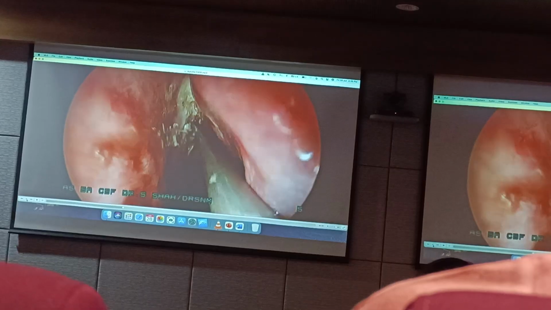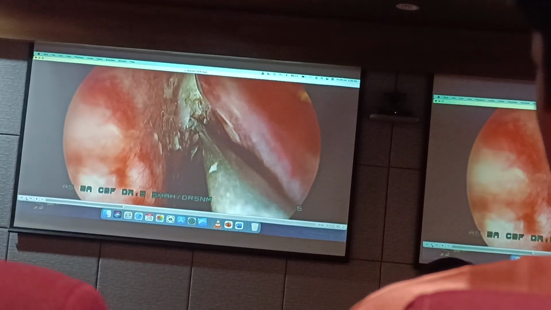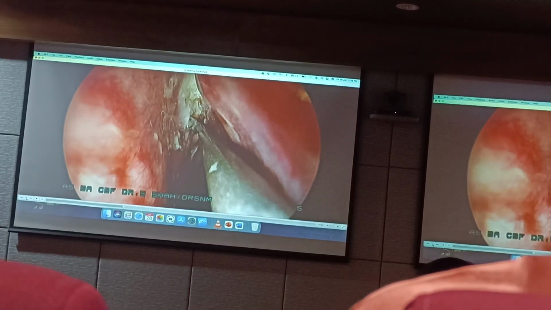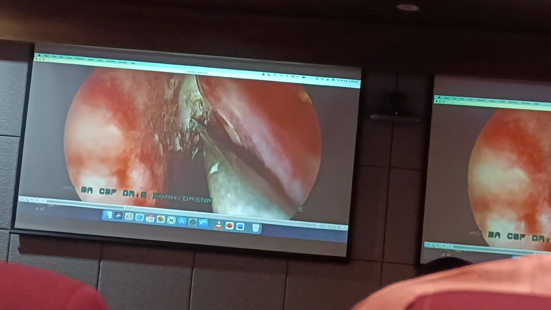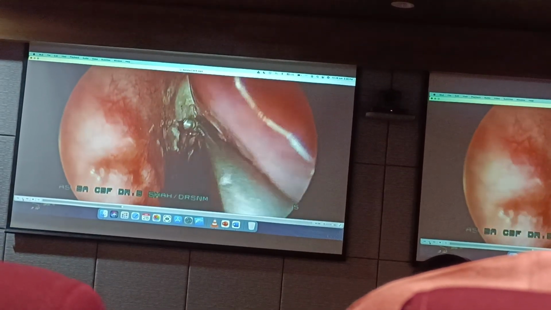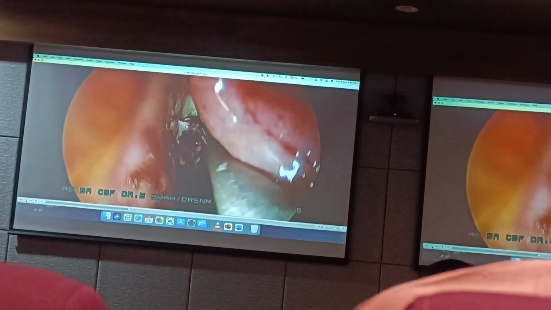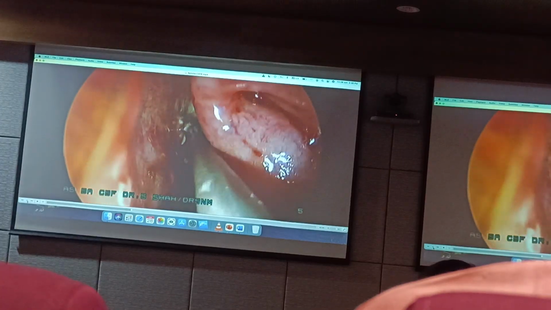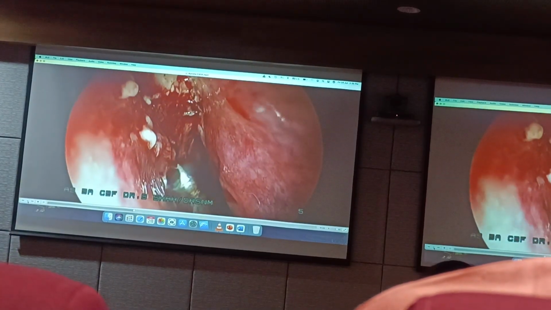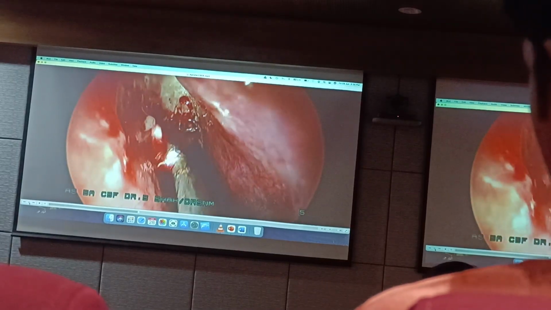Then you curette out the mucosa medially and laterally to create a bed for your graft to stay inside. Again, this is narrow, so our regular curette may not reach there. So here I am using a middle ear curette. And they are nice and sharp. So just the superficial mucosal layer you have to remove without curetting the periosteum. So that is along the septum. Create a raw area medially.